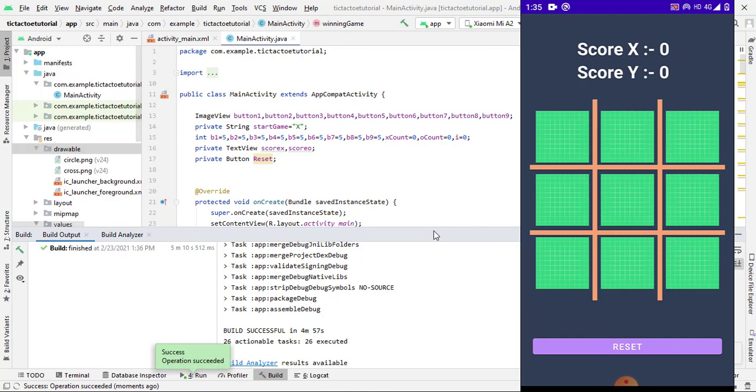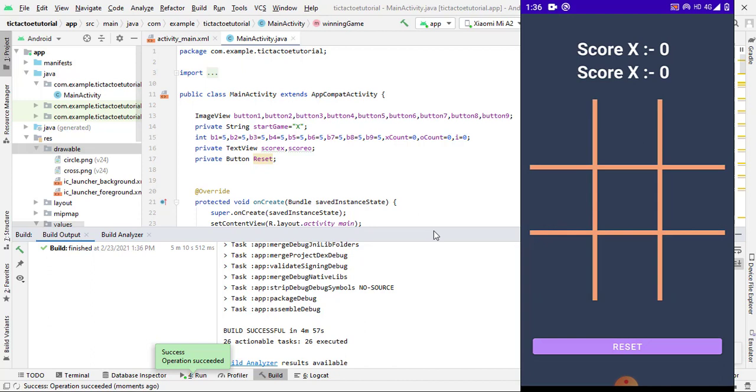So now I forget to remove this image view. So don't worry, first of all if I click on reset button, everything is going to null. So you can see the reset button is work fine. So let's start. If I click on any of the button, so there are 9 buttons present, and if I click on any button, let's suppose I click on the center button. So what I store the by default value, by default I store the X. So it is going to be pair here cross image, which is X image. So you can see now X appear here.